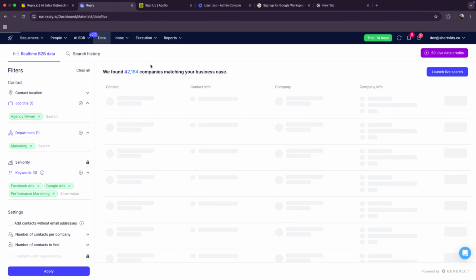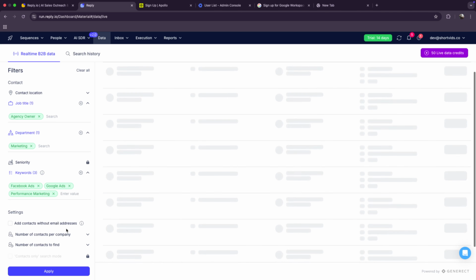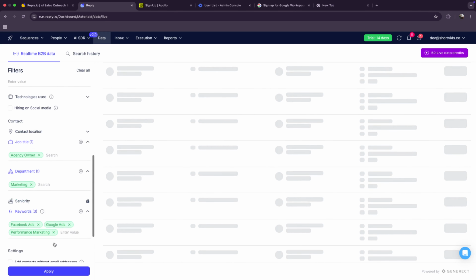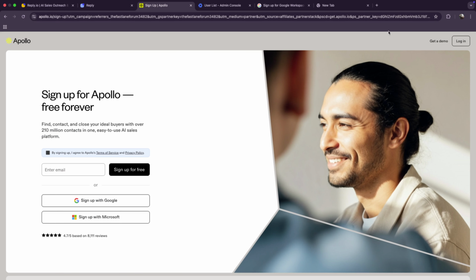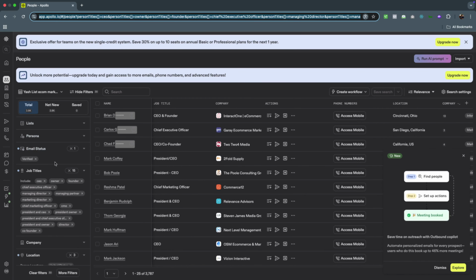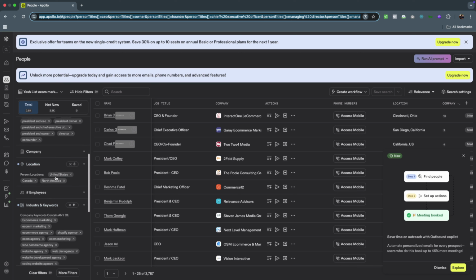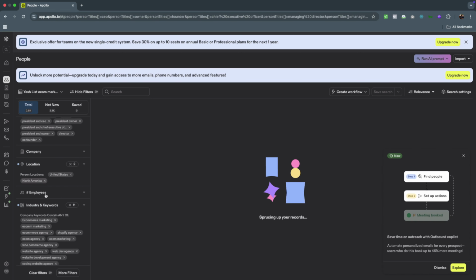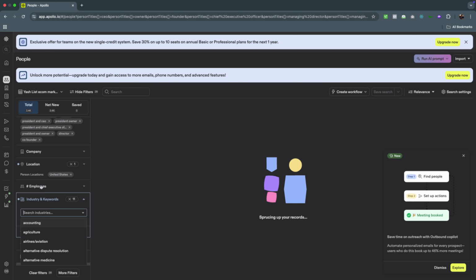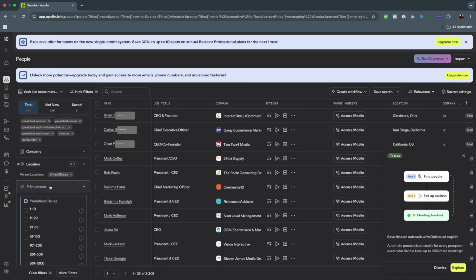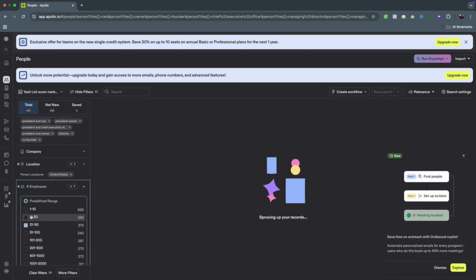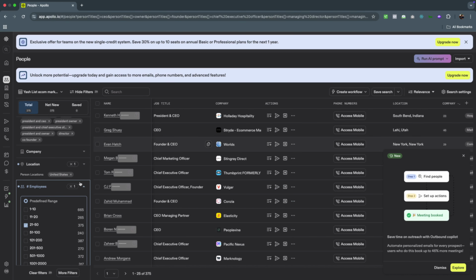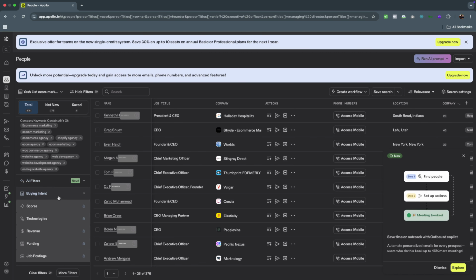Now this process is going to take some time. As this is taking some time, we will also go on Apollo. It has found 42,000 companies matching my case, number of contacts per company 1. Apollo, as you know, is a platform from where you could scrape email addresses, because in order to do anything you need email addresses. Here also I've added some filters. I've included some job titles, people based in the United States. They have a minimum company size: I've added employees, 11 to 20 employees, and they are running companies between 21 to 50 employees.